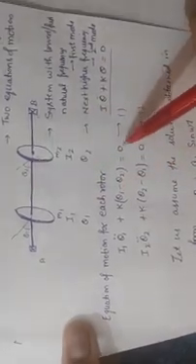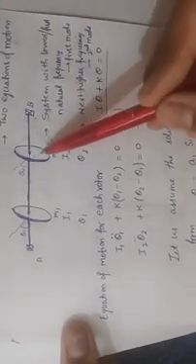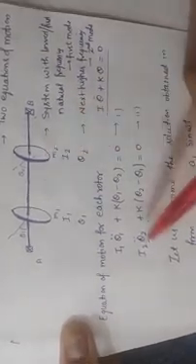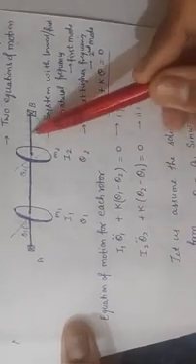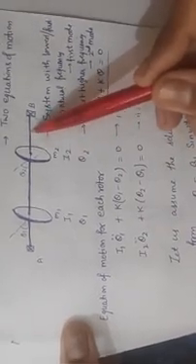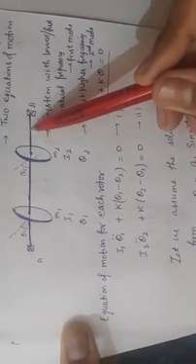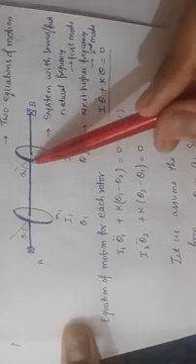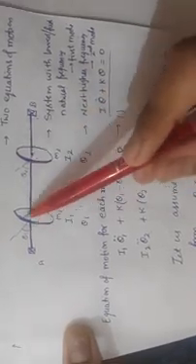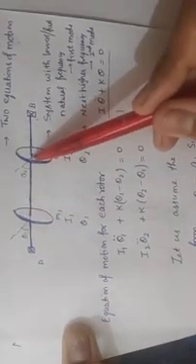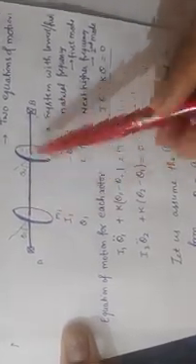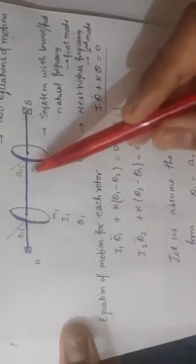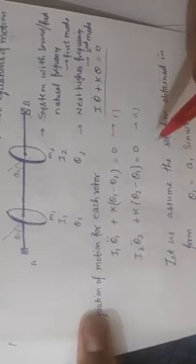I1 theta 1 double dot plus k times theta 1 minus theta 2 equal to 0. And in the same way we write the equation for the second rotor, I2 theta 2 double dot, because here the deflection is only theta 2, but in this region the net deflection will be theta 2 minus theta 1, because one rotates by theta 1 and the other by theta 2. So the equation becomes I2 theta 2 double dot plus k, the stiffness of the shaft, times theta 2 minus theta 1 equal to 0.